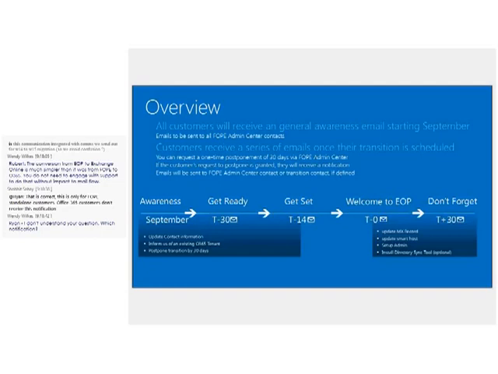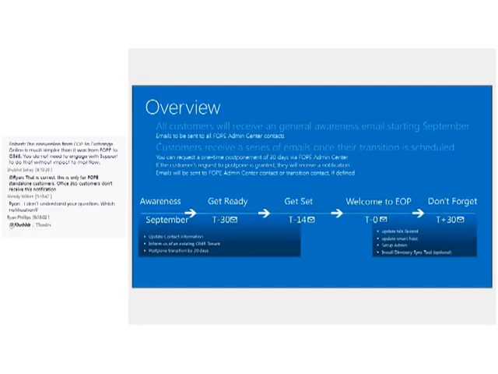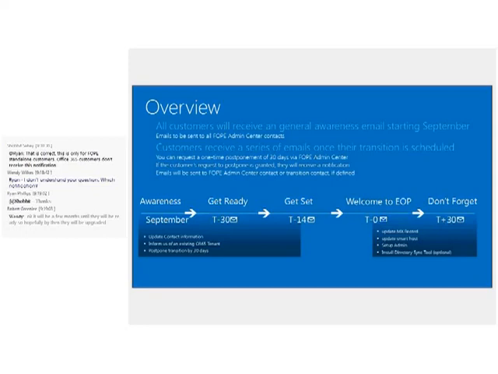The second set of activities, once you have been brought over to EOP: what does the customer need to do? The first thing is you need to update your MX records. Your MX record, which was pointing to the FOPE standalone service earlier, needs to be updated, and you need to point it to the EOP standalone service. You also need to update any smart hosts which are present in your environment and are routing outbound email through the FOPE standalone service. You need to update those to make them point to the EOP service.